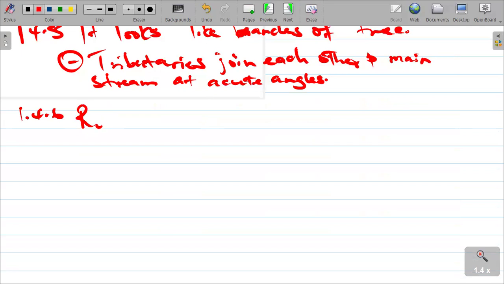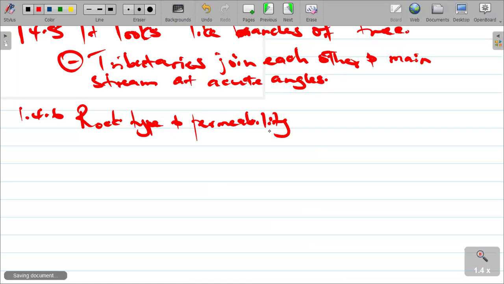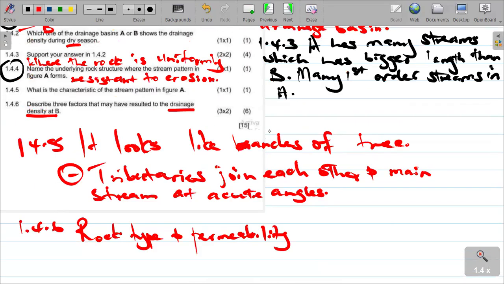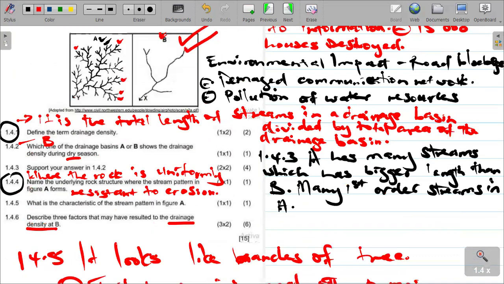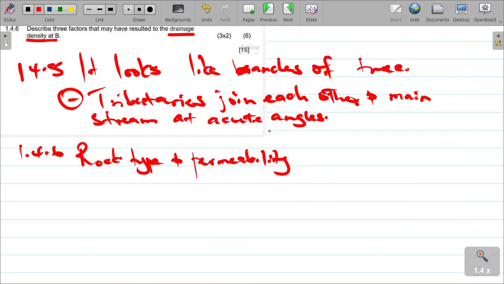Rock type and permeability. What we mean is that there is impermeable rock. We are saying that impermeable rock might also promote high drainage density as more water cannot easily infiltrate the ground. So what we are saying is that this structure in B might have been caused because the rock type and permeability is quite